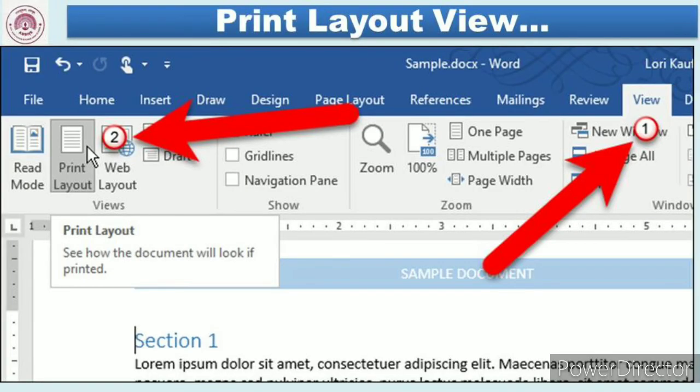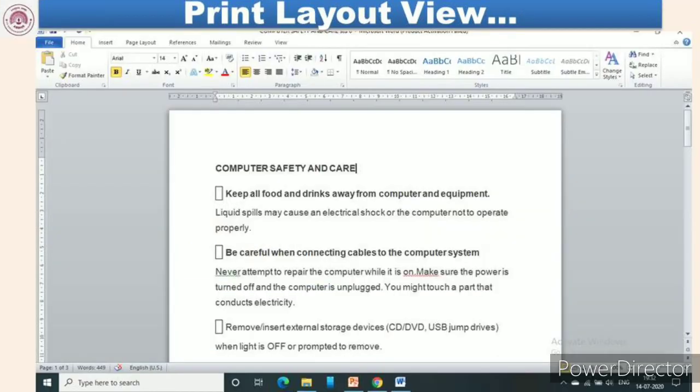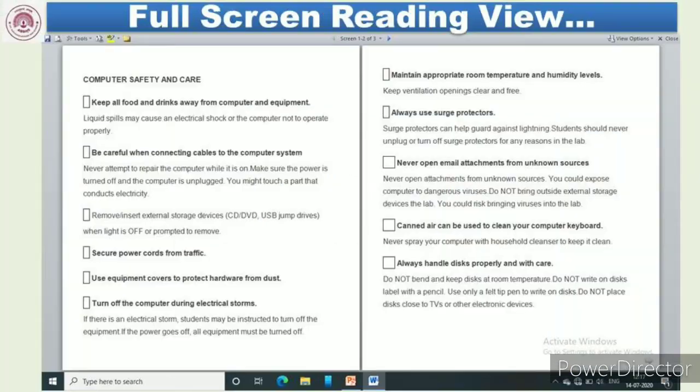The print layout view. This is the default view for working in Word, and every new document opens in this view. This view contains all the major functionalities of Word. This view contains all the elements in a document like headers and footers, columns, etc. This is the perfect view to show how the document will be printed according to the page breaks.